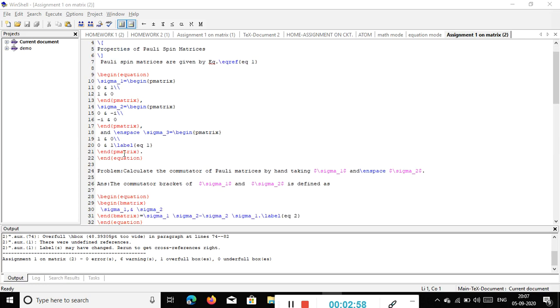In that way I have used the third part, but in the third part I have used quad space because I want space with that sigma 2. That means what we want is sigma 2 equal to the bracket 0 minus i, i 0, so sigma 2 is a pmatrix. I've used e space because I want both of these one beside another. Okay, and I end with this, and I end the equation.